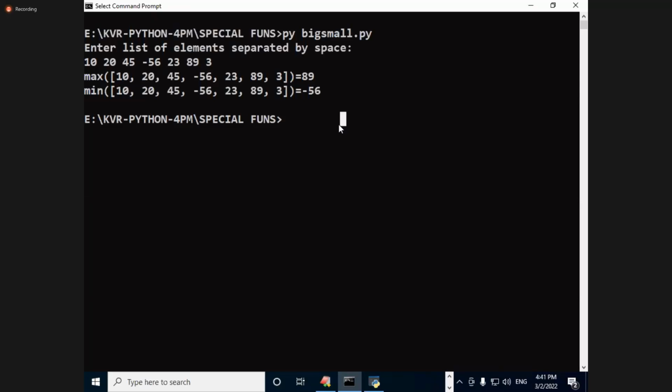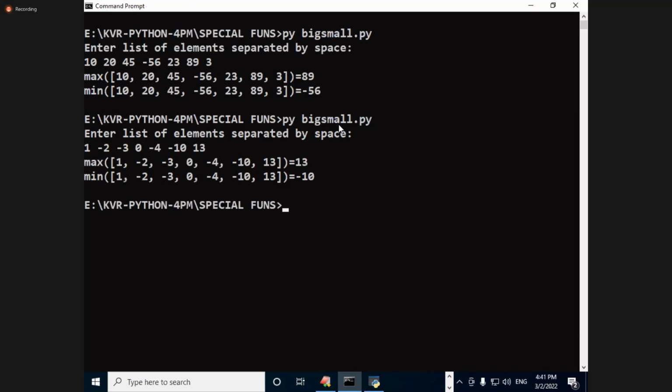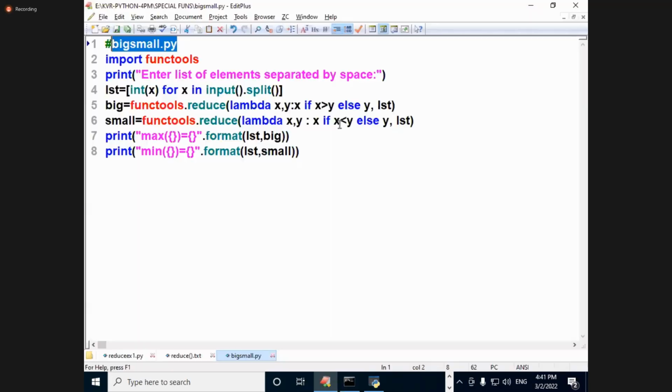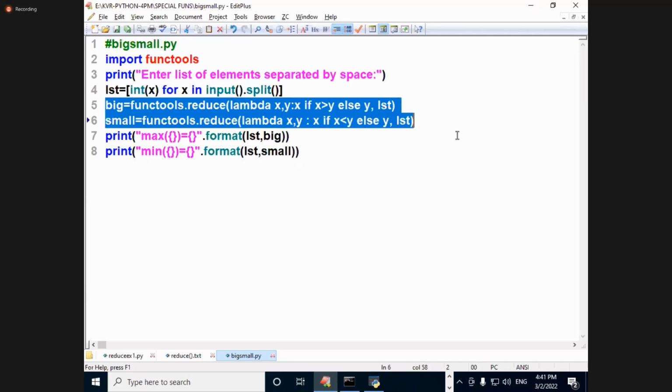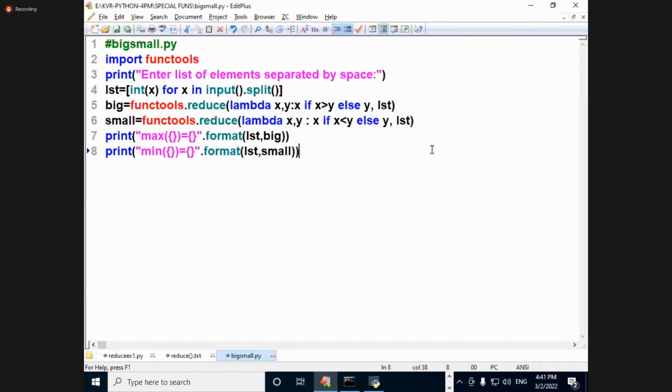Did you understand? Right. Next, 1, minus 2, minus 3, 0, minus 4, minus 10 and 13. You are getting the result like this. Easy or difficult? Easy. Like that I can find max, min, etc. This is a very regularly asked question: taking a list of values and finding the max and min. Understand? Fine. Shall we go for one more? You do it by yourself. Write a Python program